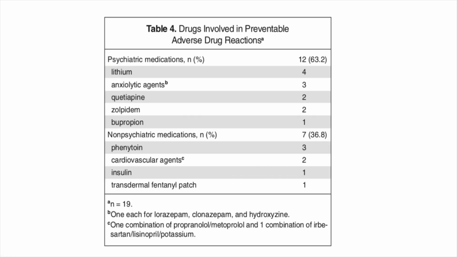The final data that Thomas et al. looked at was the preventable adverse drug reactions. They identified these using the Naranjo scale. And for preventable adverse drug reactions, we can look at lithium. You know, lithium's a narrow therapeutic index drug. It requires a serum level between 0.6 to 1.2. Anything higher than that greatly increases someone's risk of having an adverse drug reaction while not seeking greater improvement.